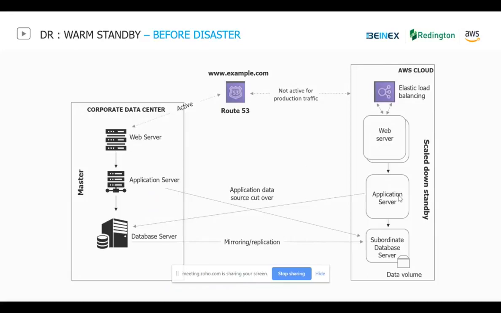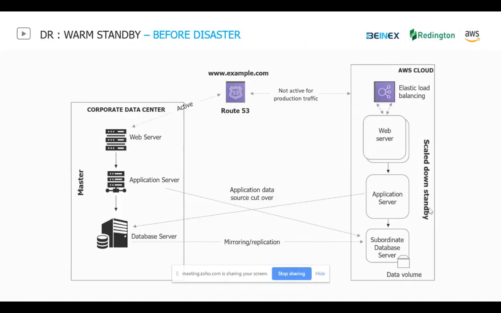And we can orchestrate the environment; we can automate that in our AWS. But the main point is that it is a scale down of the standby, which means if your physical database server has a whopping amount of RAM and CPU, with let's say 16 vCPUs and 64 GB of RAM, and on your DR side you feel that it's not required as a start, I'll start with 8 CPUs and about 32 GB of RAM because that's what my current on-prem utilization is. So I'll keep my infra on that.